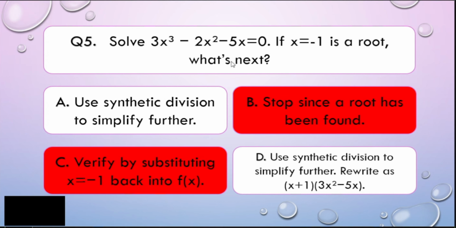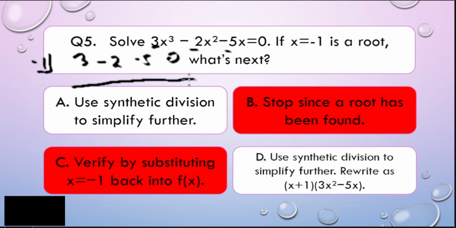In solving this one, you can apply synthetic division. Basically, if you have here your root, which is -1, therefore, the coefficients are 3, -2, and -5. Of course, there is no constant term here, so that is understood to be 0. So that will be 3, -2, -5, and 0. Now, the technique in synthetic division is very simple. You bring down, you multiply, so that will become -3, and then you add, so that will become -5. Then you multiply it again, and that will become +5. Adding these two, this will become 0, 0 times -1 is 0, so 0.